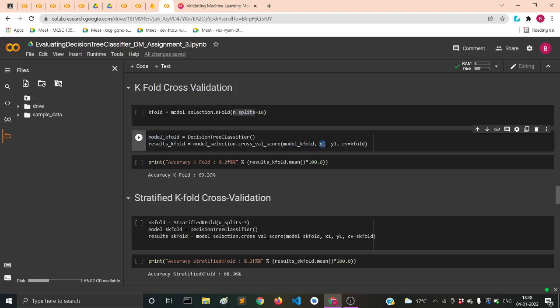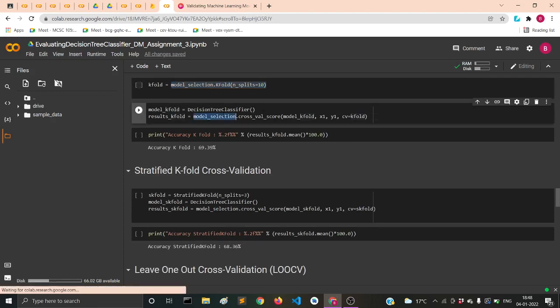You don't have to pass the train or test because it will actually do it on its own. Then you have to pass the Y values, and this is also the whole data set, not any train test split or subset. And at the last you will supply the method you want to follow, which will be supplied in the form of a variable which you have initialized here.